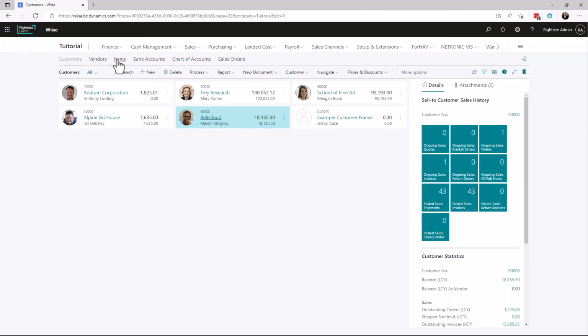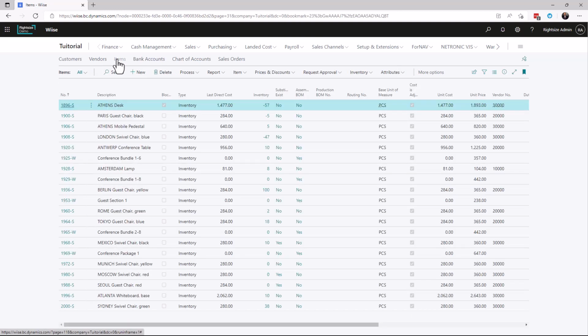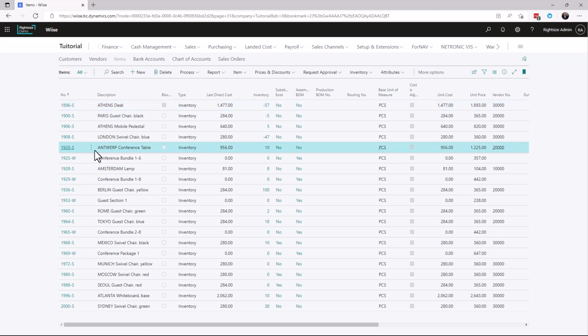We're now going to pick an item that we have in stock. So I can see here that we've got this Antwerp table in stock, 10 units. If I was to actually click on the item,